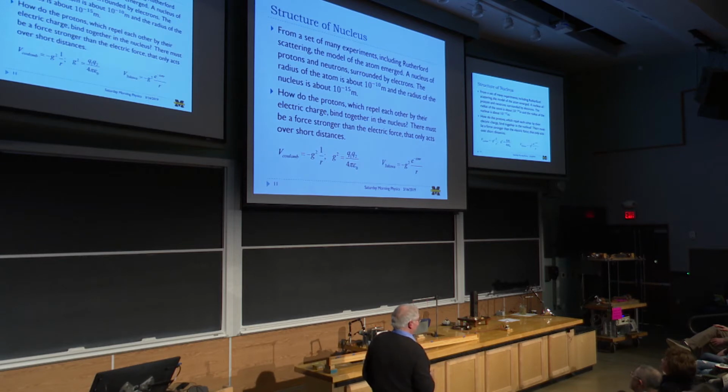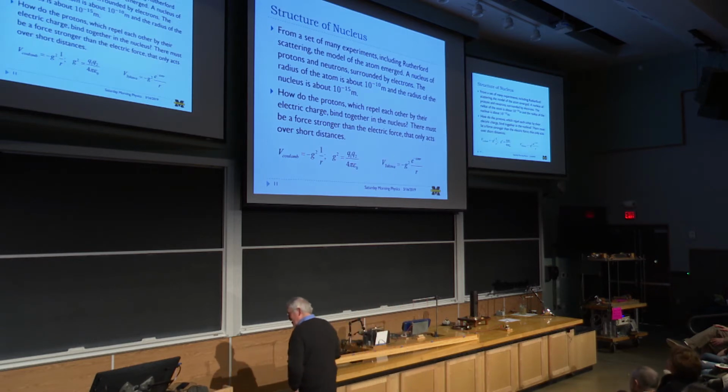Yukawa came up with a theory that could explain this. Instead of the potential falling like 1 over r, the potential fell like 1 over r with an exponential term in it. And this exponential term had the mass of the particle that was exchanged in the force. This was something that was carrying the force. In the case of the Coulomb force, the mass of this is the photon, which is 0. And so if you make this e to the 0, you get this equation back. So Yukawa came up with this nice theory that could explain this